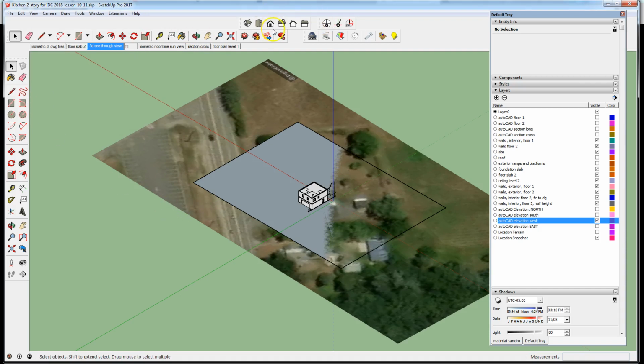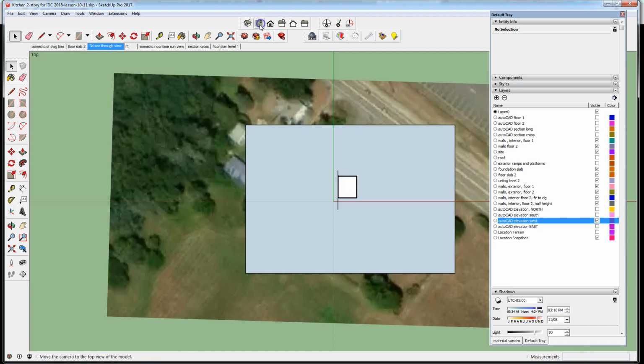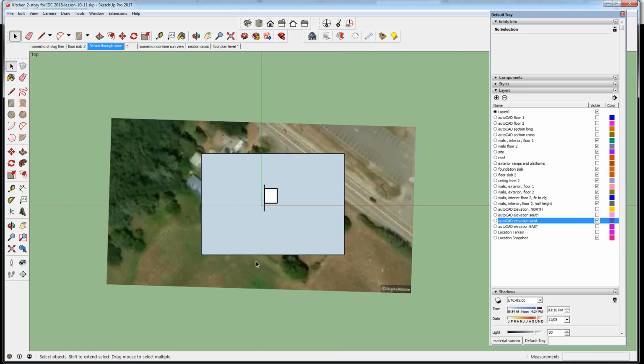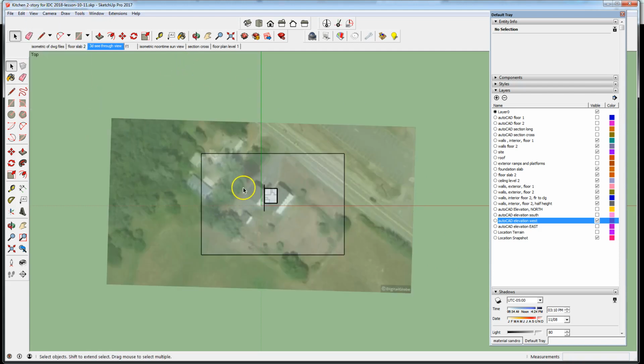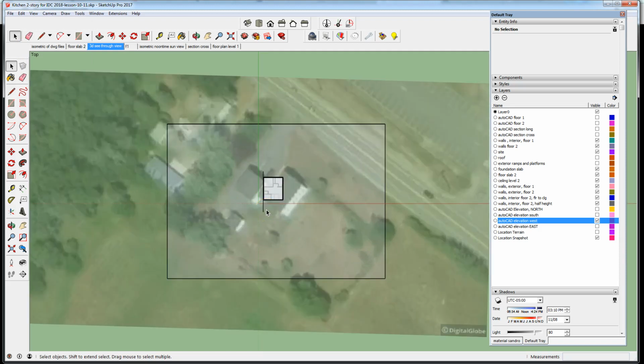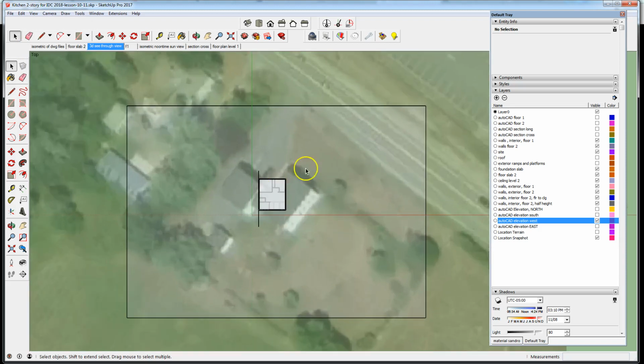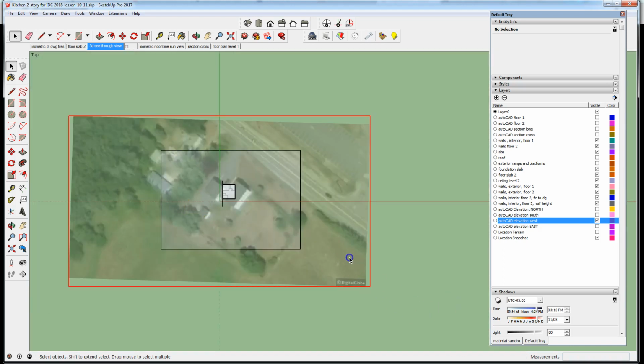Let's look at top view. So it imports terrain in addition to a snapshot of the site. Let's switch face style to X-ray. And of course it's to scale. So if I were to take the site data, which is locked in place by default, red means it's locked,